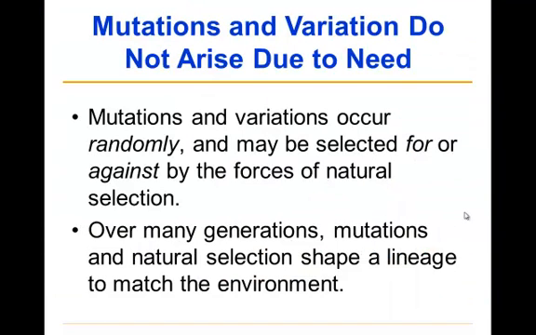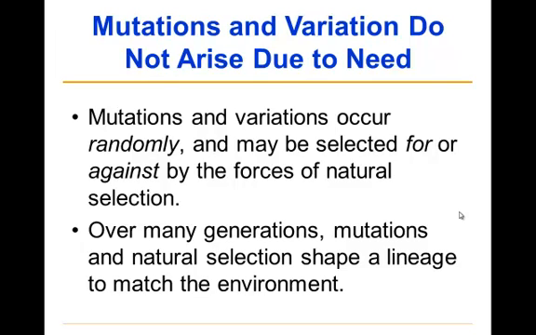And so it's important to recognize that mutations and variations occur randomly. And once they randomly occur, they may be selected for or they may be selected against by natural selection, depending upon the conditions in that particular place and time. And over many generations, mutations will shape the adaptations that each lineage has, and it enables each lineage to come